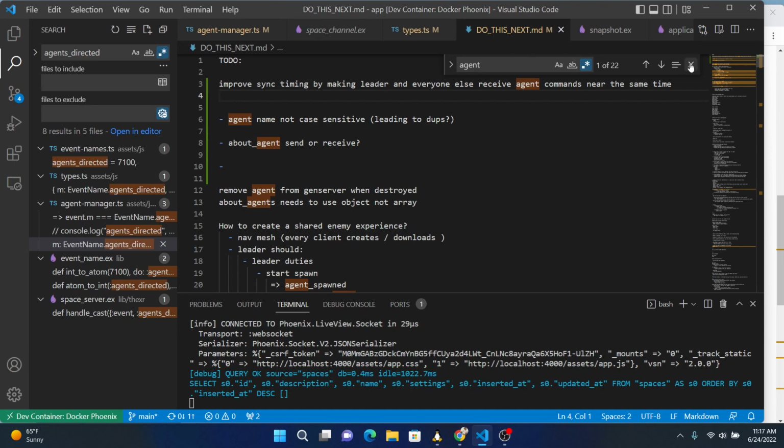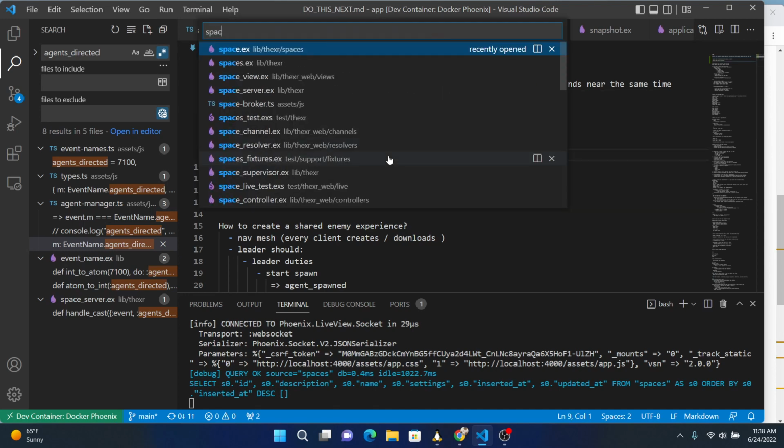Might be hard, but let's see. Okay, so now we're sending agents directed. So if we go back to space server,